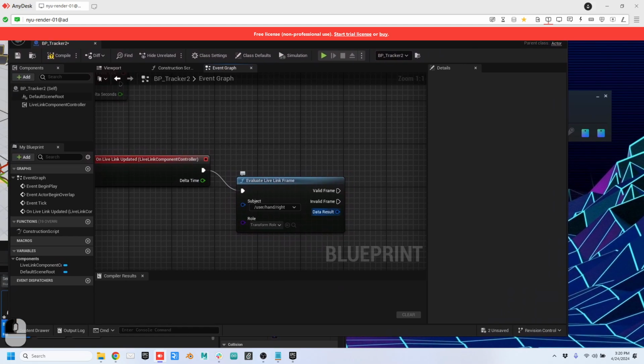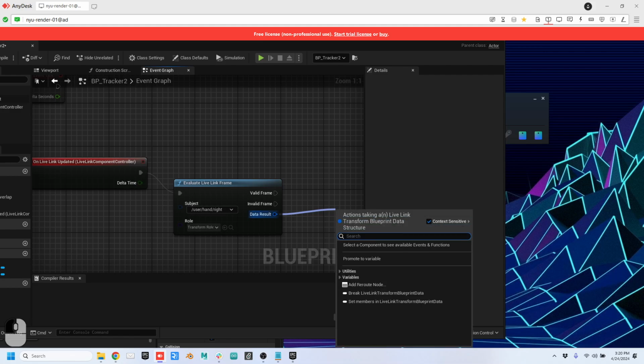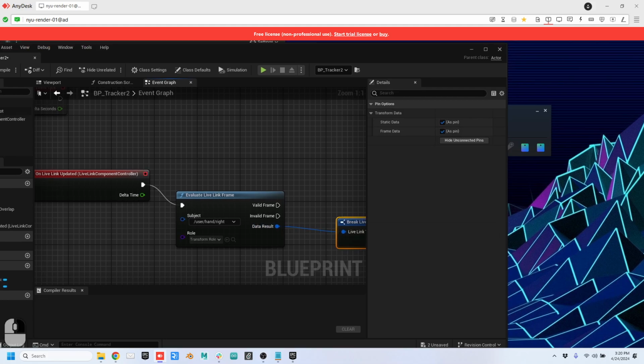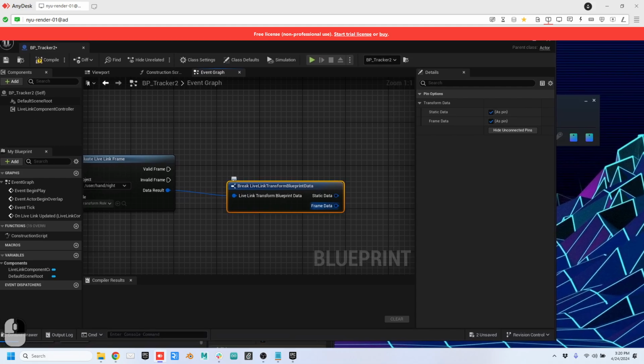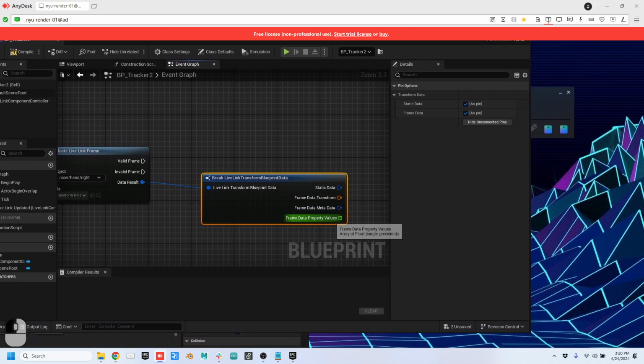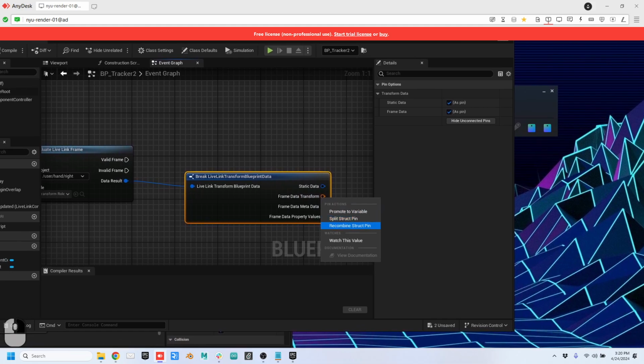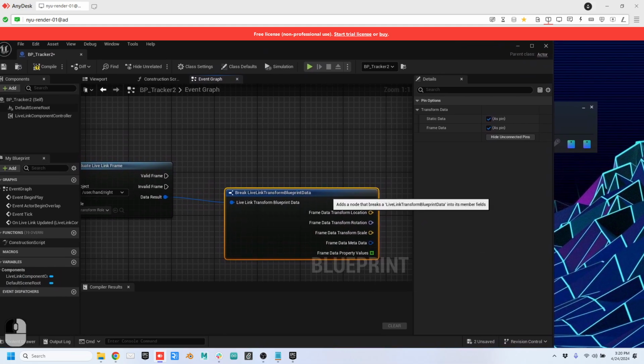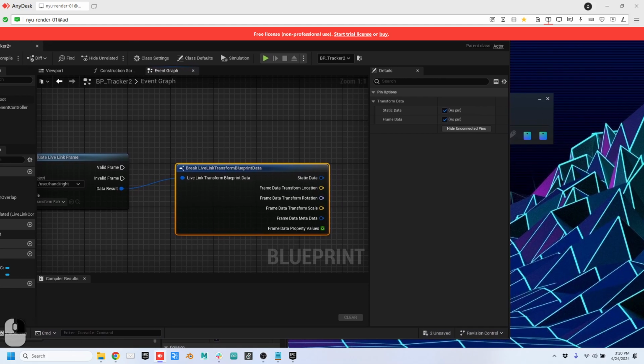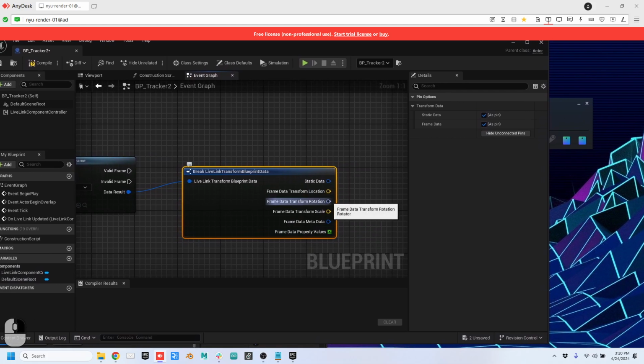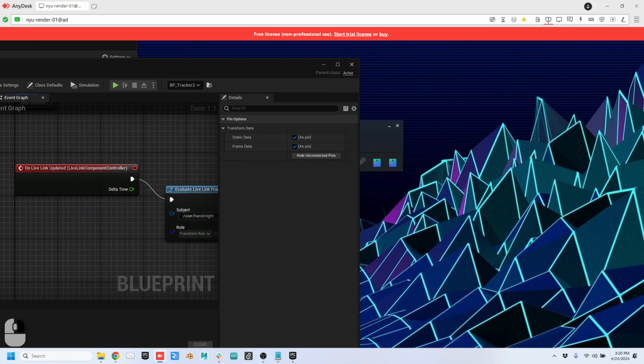It's moving around, and then we have this same thing we had for line tracing: how do you break the results? Break results, and you have frame data. Every frame, you have a transform, and there you go. You have a location, rotation, and scale. It's not going to give you any scale. It's just position and rotation. So every frame,